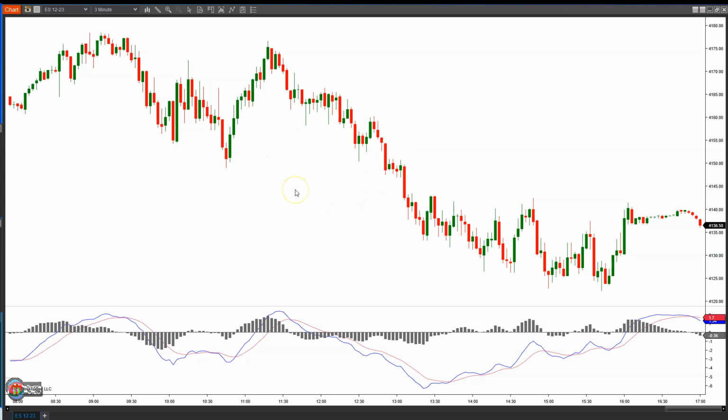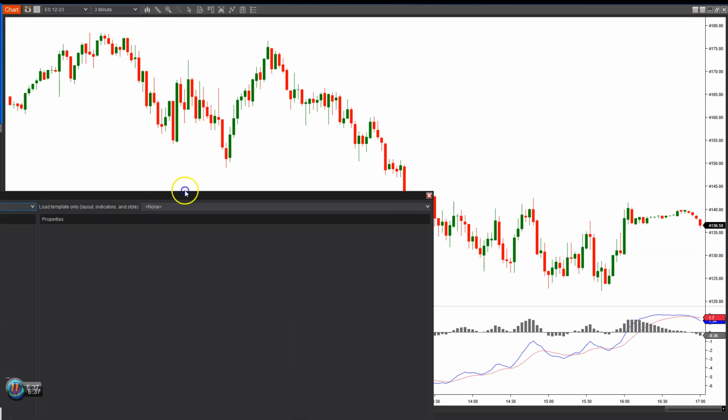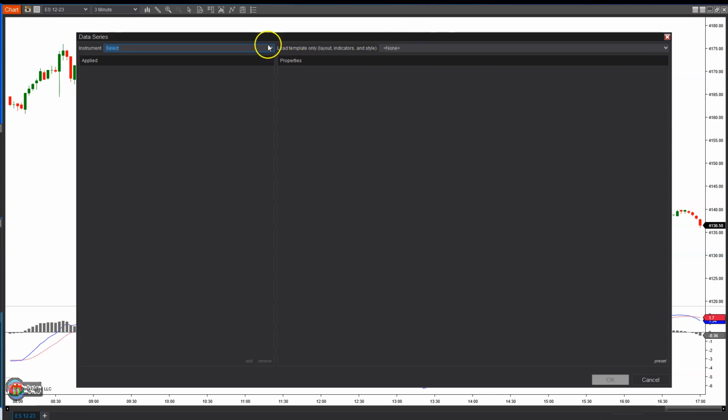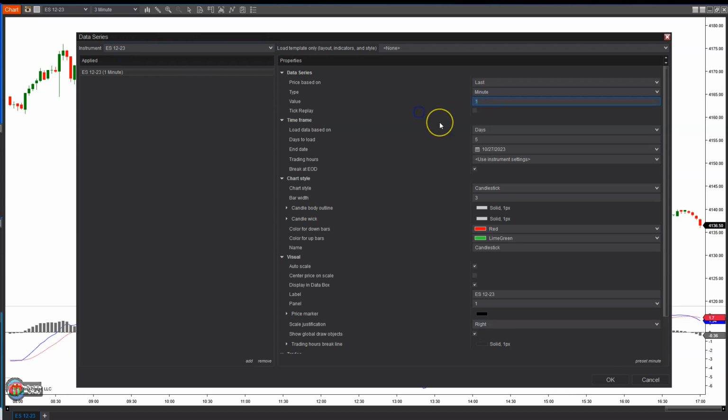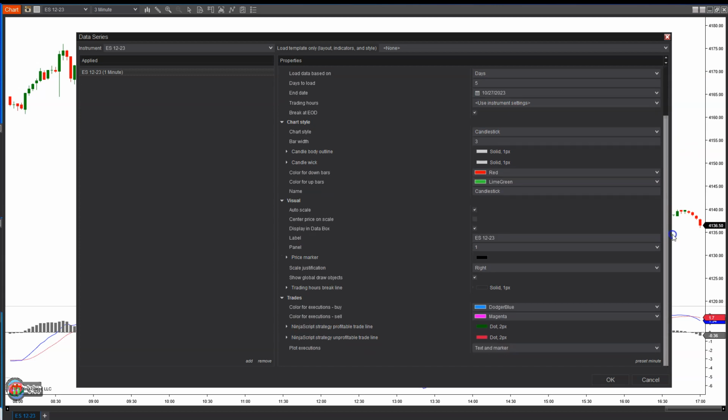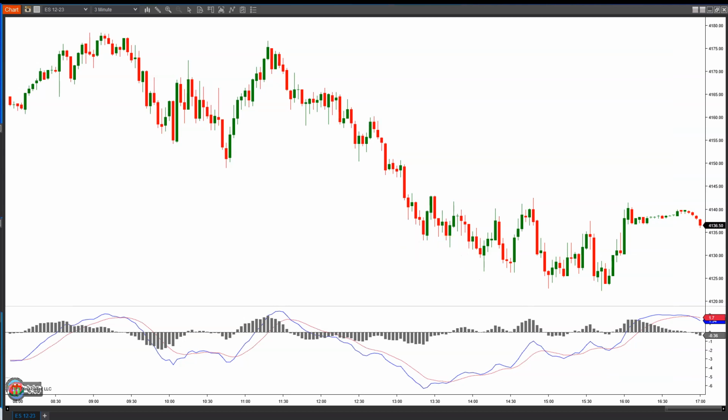So if we were to open a new chart, I'll demonstrate that here by hitting new and chart. And I'll bring this over here. We were using the ES, so we'll stay on the ES. We'll make it a 3-minute, whoops, not 33 minutes, 3-minute. And we will get rid of the text and price markers because they clutter up everything. So if I hit OK,